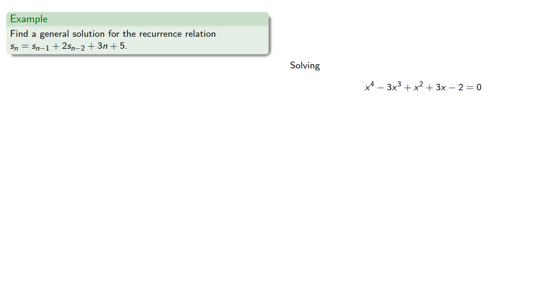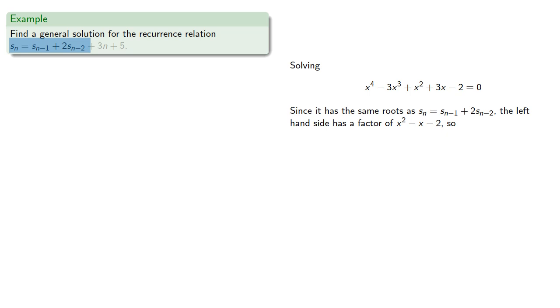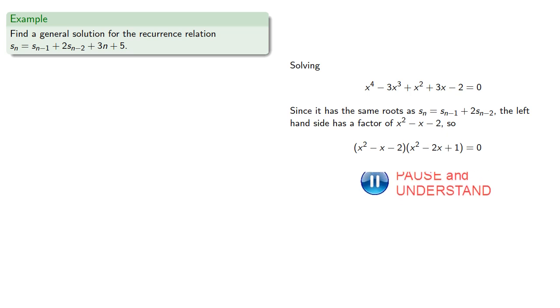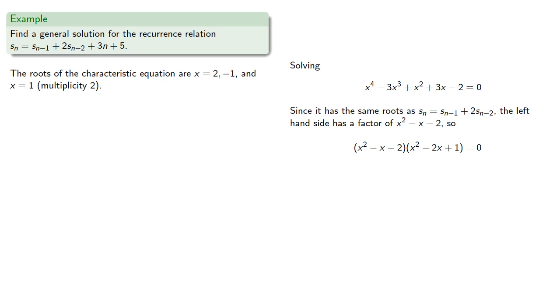Now, to solve this equation, we note that since it has the same roots as our original, the left-hand side has to have a factor of x squared minus x minus 2, and so we can factor it as, and we see that the roots of the characteristic equation are x equals 2, negative 1, and 1 with multiplicity 2, and so the general solution will be,